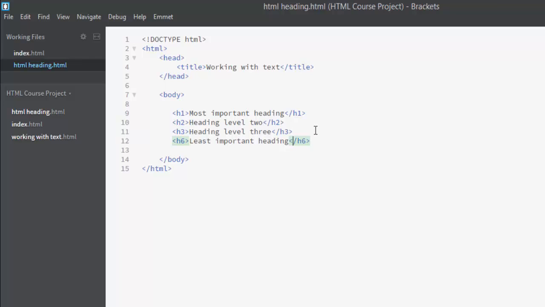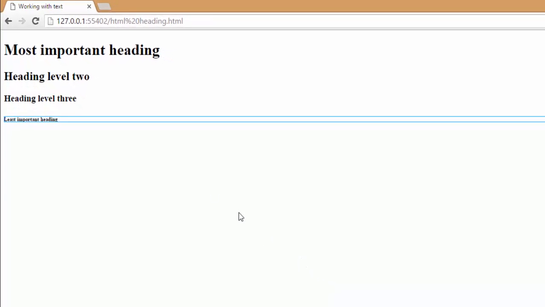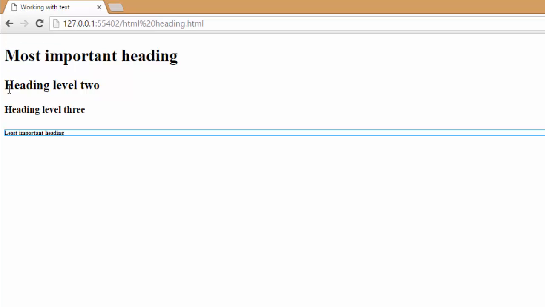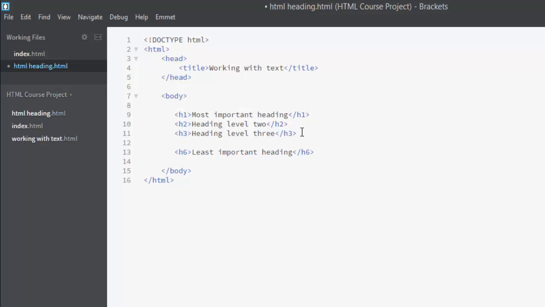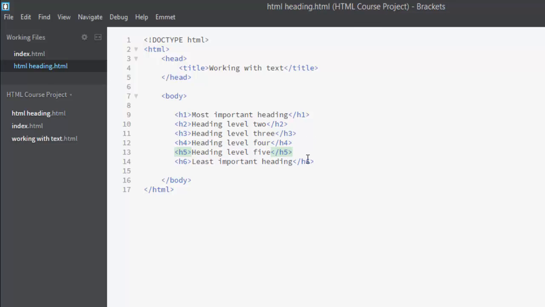so let's first see the results, how these headings are looking. Okay, so we have the most important h1 heading, this is the h2 heading, and this is the h6 heading, and this is the h3 heading. So you might have guessed we have a few other headings. Let's write them too. h4 heading level 4, and don't worry, I'm gonna give you an example so that you can learn how to properly use headings in our document. Okay, so these are the 6 heading levels that we can use in our HTML web pages to create and structure our contents. Okay,